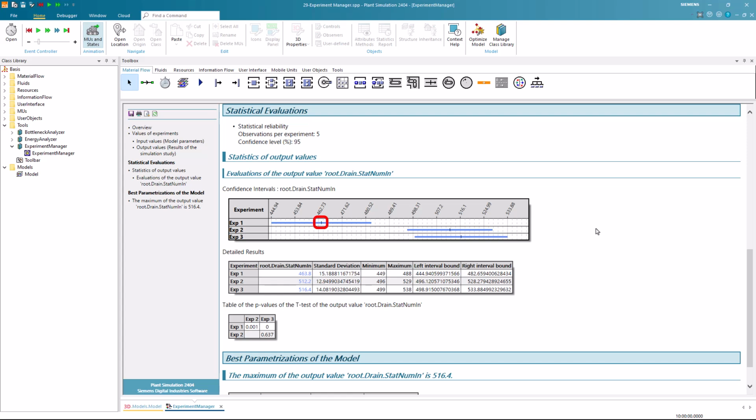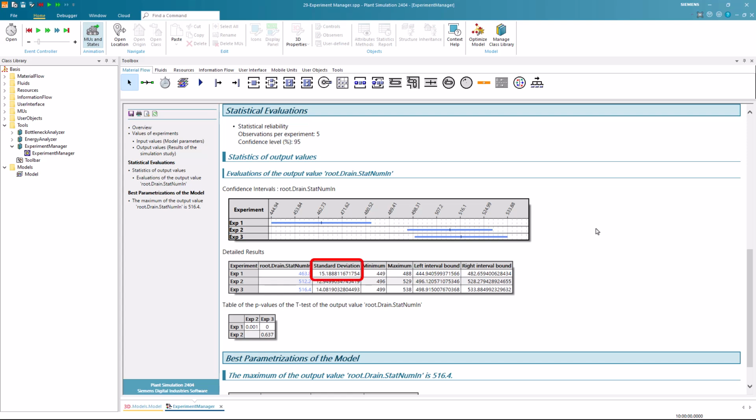A narrower interval signifies more precise estimates, whereas a wider interval indicates less precision, thereby quantifying the uncertainty around the estimates. By providing a range, confidence intervals reveal the variability and reliability of the results concerning the number of parts in the drain. To assess the stability of your model's predictions with confidence, the standard deviation can be examined.